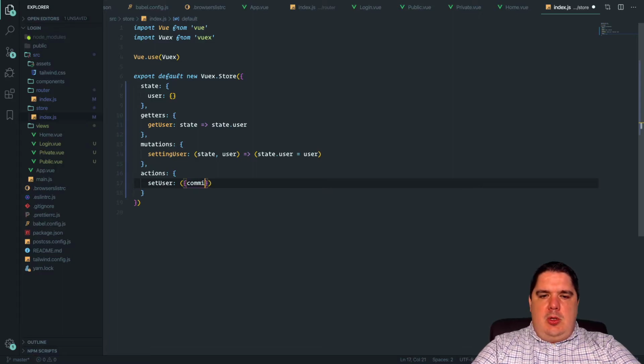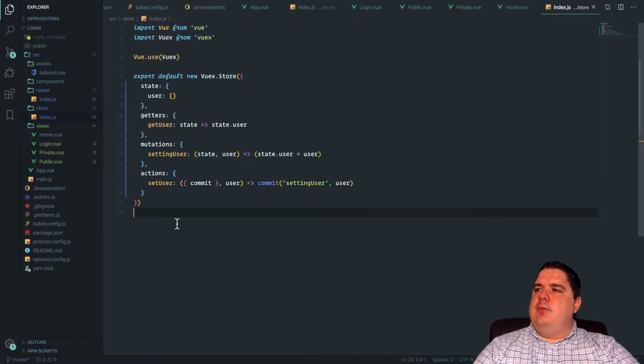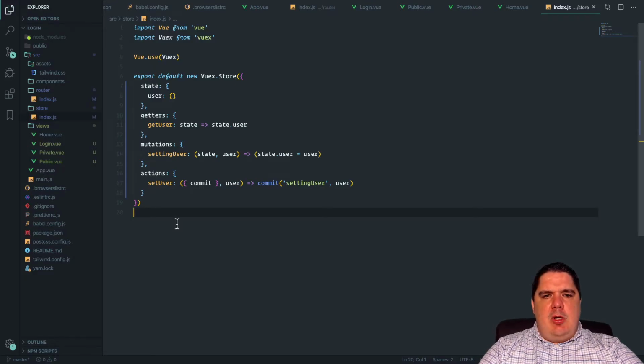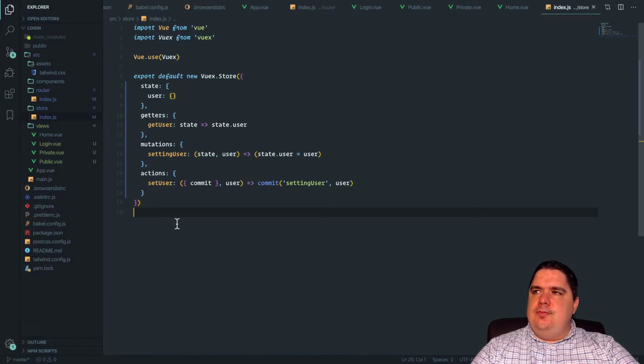So this is going to be commit. We're going to get the user, and we're pretty much committing the user and sending the user. And we keep it like that. Really simple. So now that we have that part in place,